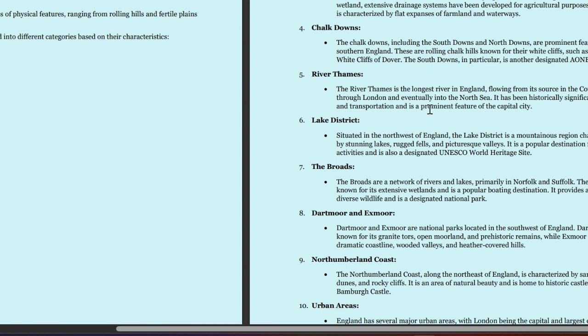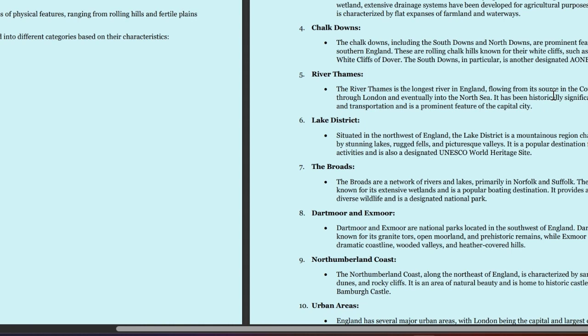Number 5. River Thames. The River Thames is the longest river in England, flowing from its source in the Cotswolds through London and eventually into the North Sea. It has been historically significant for trade and transportation and is a prominent feature of the capital city.